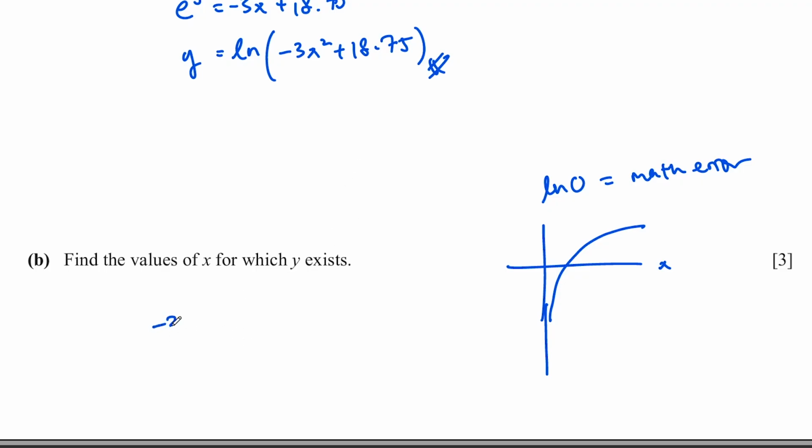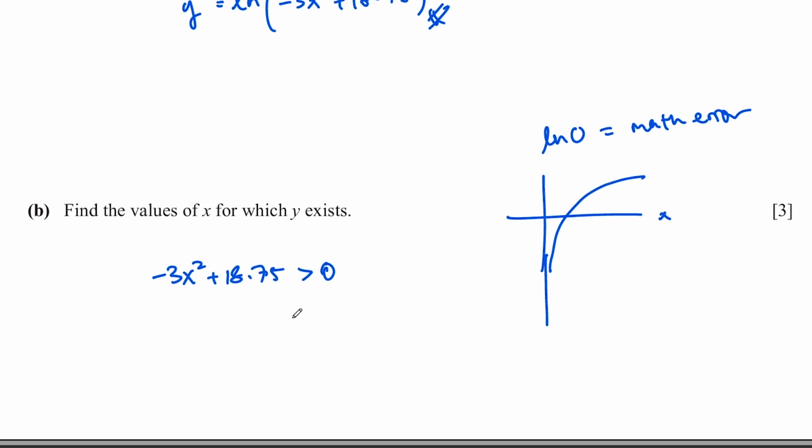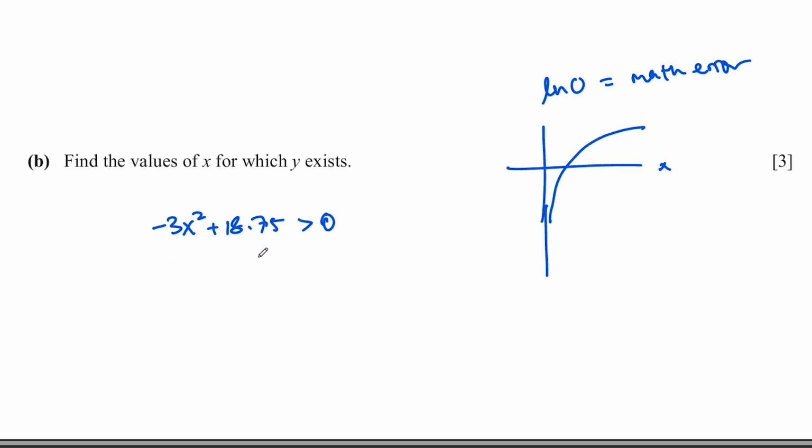Non-inclusive of 0. So we can just take the argument of the logarithm function and put it into an inequality and try to solve for this. Okay, so the inequality, you can rearrange it so that we have x squared smaller than 6.25. Okay, so at this point, many students will be tempted to just do this and call it a day. But if you can recall, for a quadratic inequality, this is wrong, because